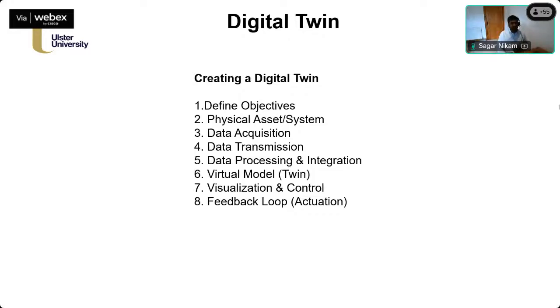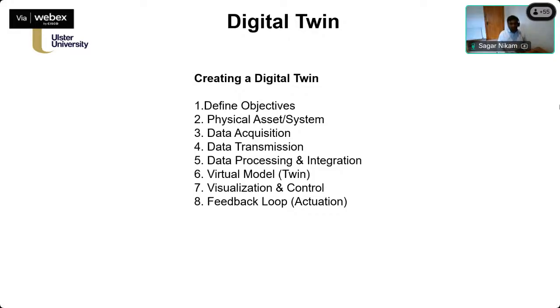Once we have the data in place, if you remember, yesterday I told you we are not getting data in small amounts, we're getting data in huge amounts, but it's not necessary that your data is clean every time. So data hygiene is a very important thing we need to have. Is your data hygiene enough to give the information? If not, then you have to go for cleaning, removing unnecessary information and data, and making the data set clean. Again, you have to follow pre-processing steps for doing that, and then integrate that with the digital twin.